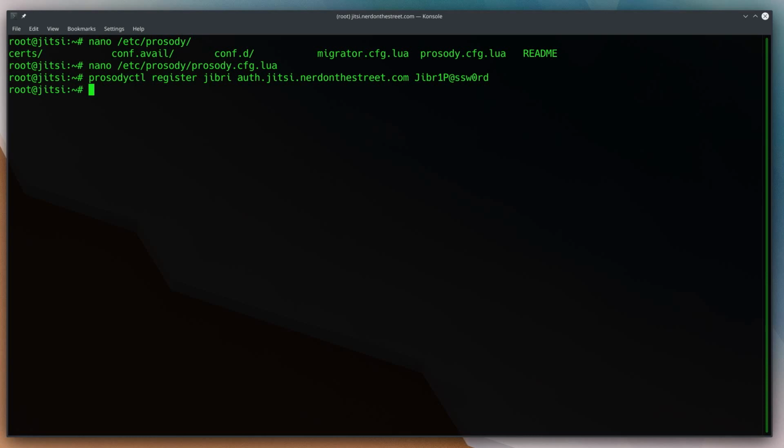And then the second one that we're going to make, where we'll do a prosody ctl register, this is going to be our recorder, and that is going to be registered on recorder.jitsi.nerdonthestreet.com. And then this one we'll do recorder password, and we'll run that. And you'll know that your prosody configuration is, for the most part, good if these 2 commands succeed,